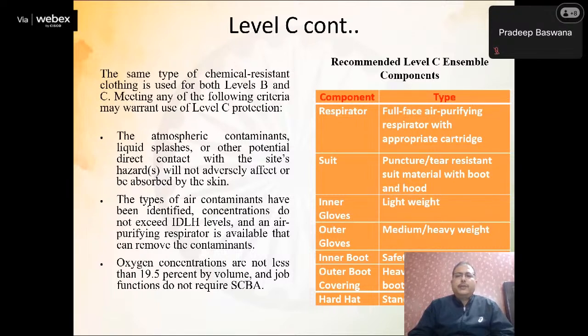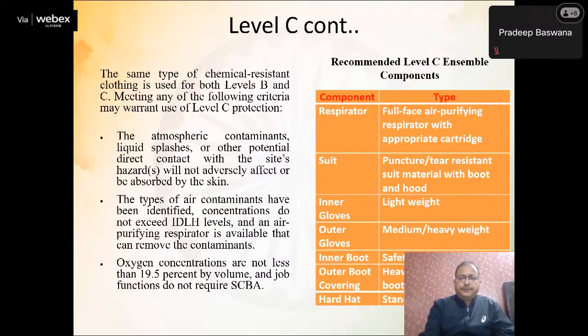In case of a respirator, it should be a full-face air purifying respirator with the appropriate cartridge, whichever cartridge is required, and we have to use it. Suit: a puncture and tear resistant suit material with boot and hood. A lightweight inner glove is recommended. A medium to heavyweight outer glove is recommended. Safety work boots, an inner boot is recommended, and heavyweight latex booties or outer boots for outer boot covering. Hard hat: a standard hard hat that can be utilized in case of the PPE